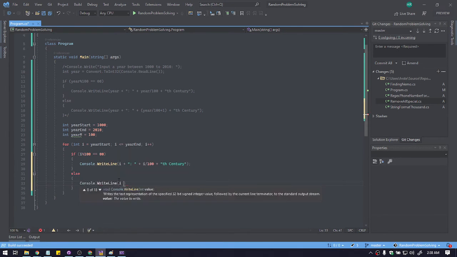I plus, we write the same as before, I divided by 100, and I already said that we have to enclose the result when we do a math here, because the plus sign will be known as concatenate when we work in string. So we do not want to concatenate the 1 plus 1 with the result of the I divided by 100. So